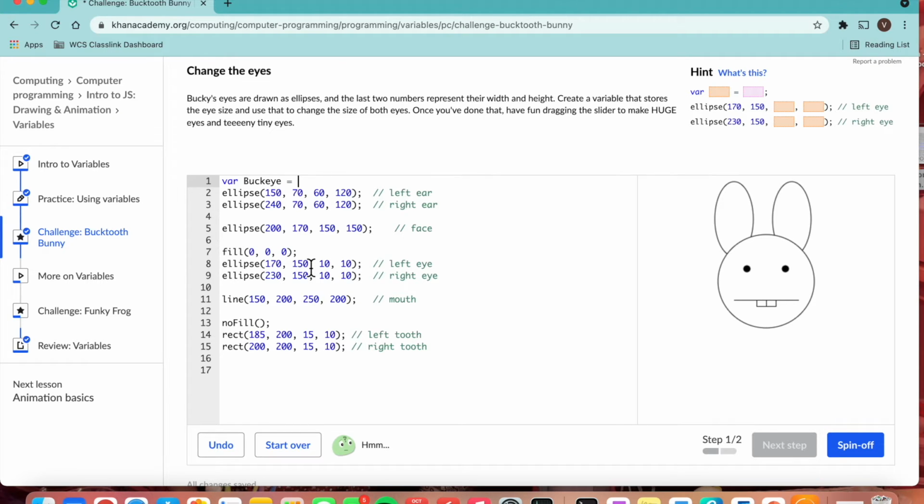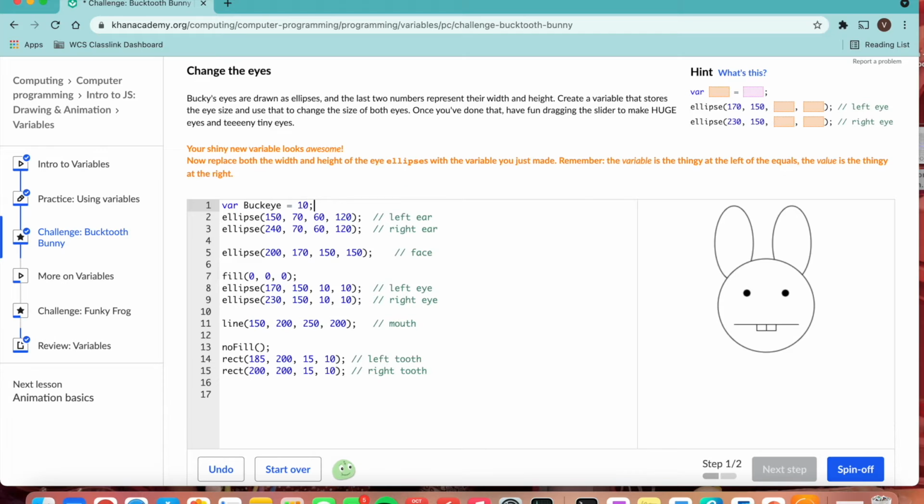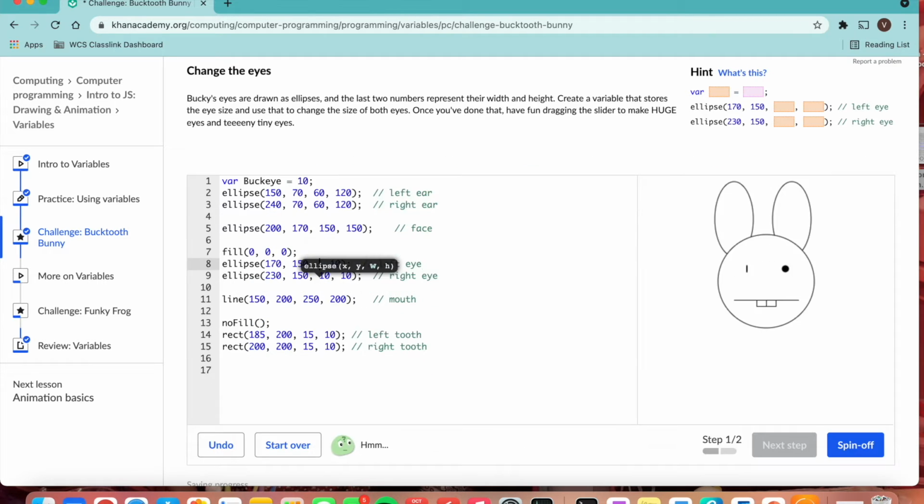They both are 10, so let's name this 10. And now I have to replace these with buckEye. These are also case sensitive, so make sure you do the capitals correctly. So buckEye